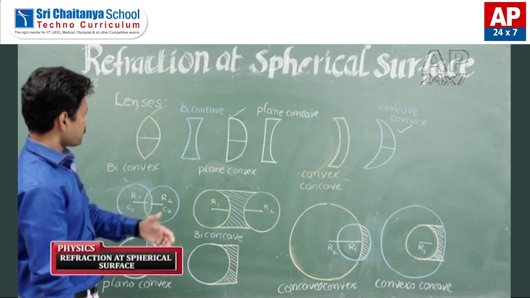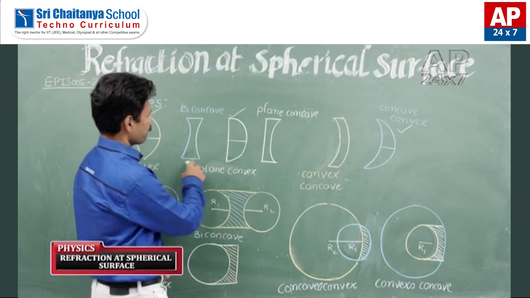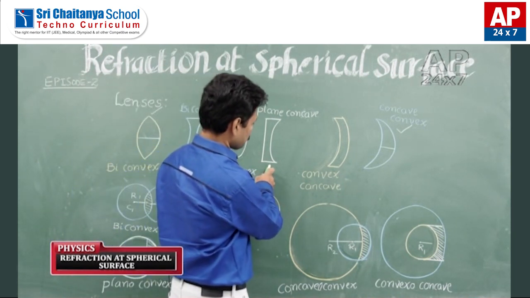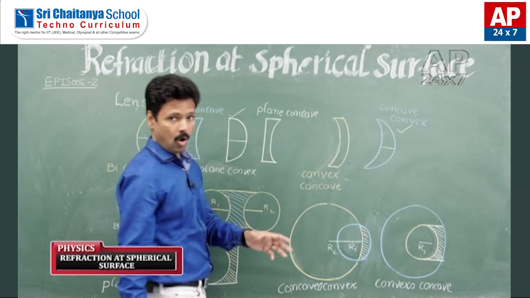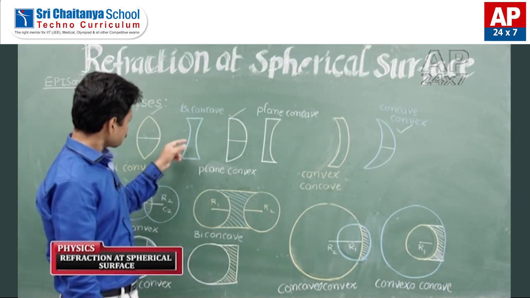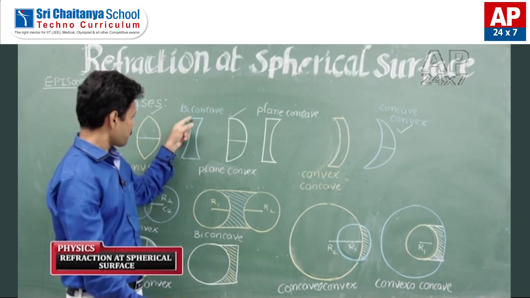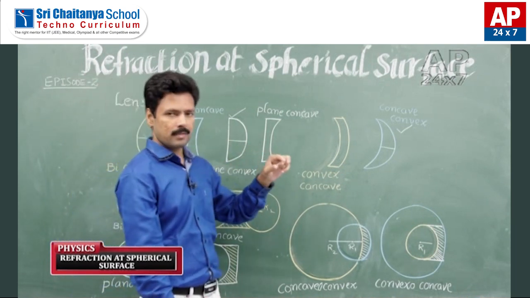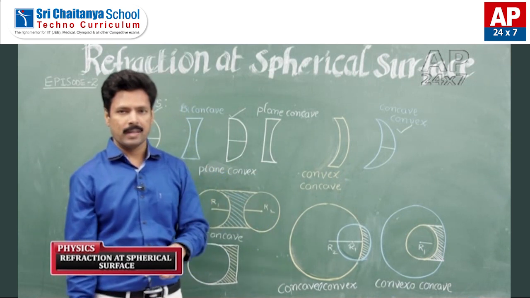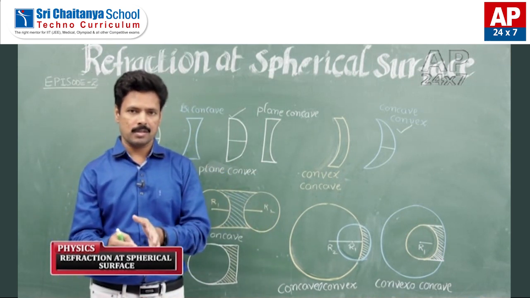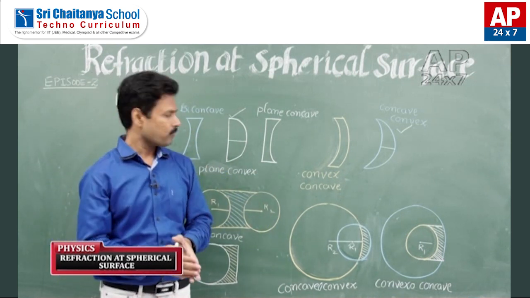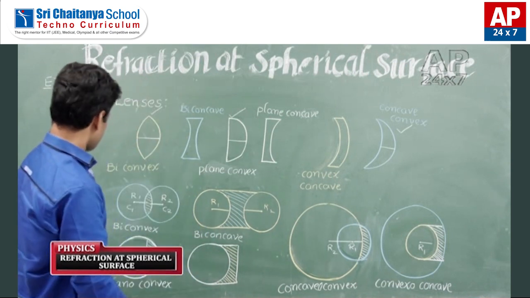And if you see concave, biconcave, plano-concave, convexo-concave, in all these three you can see less thickness at the middle than at the edges. So in that way, by seeing the thickness, we can decide whether a lens has convex nature or concave nature, right? And we can see one more diagram.